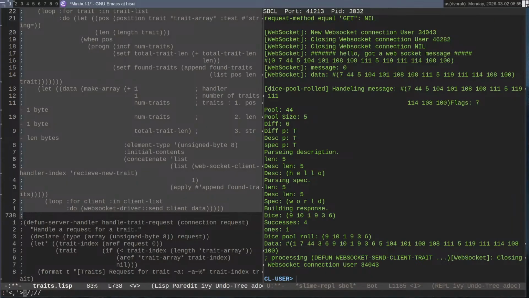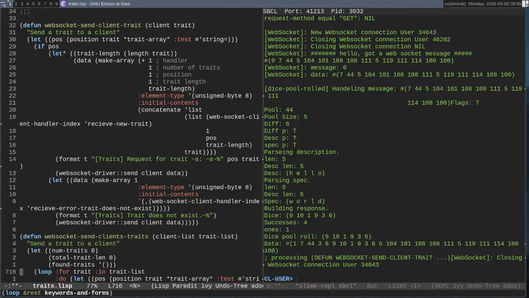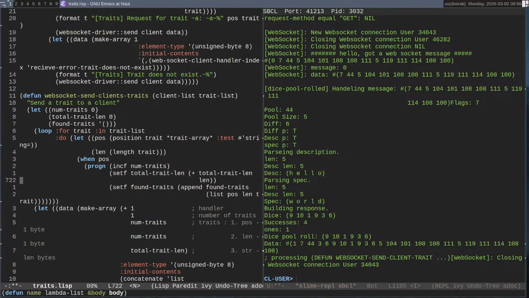So, this one sends a client a trait. This one will send a list of clients a list of traits.